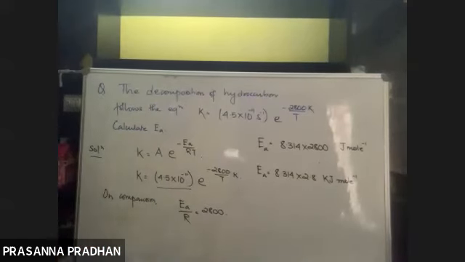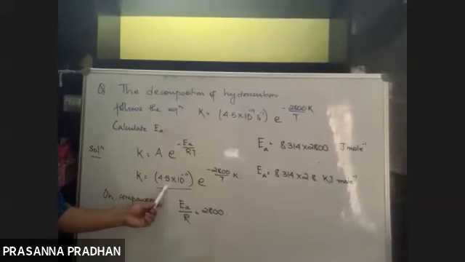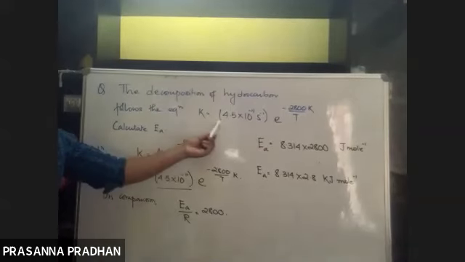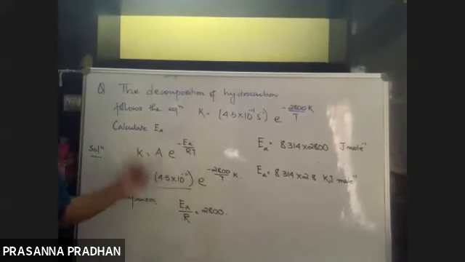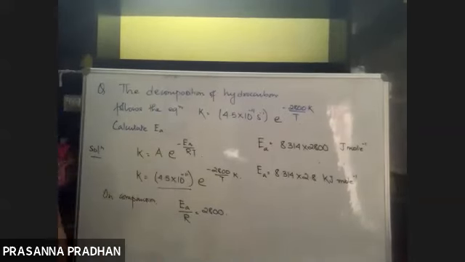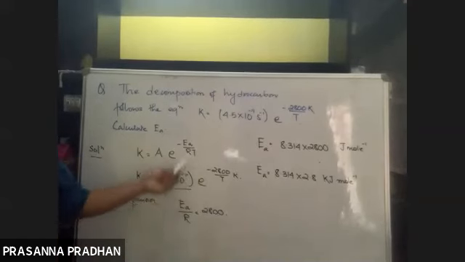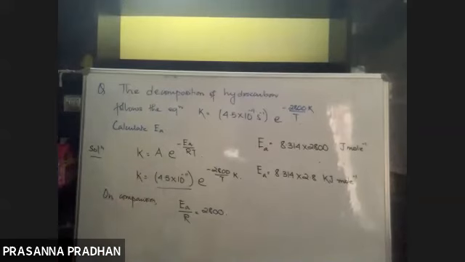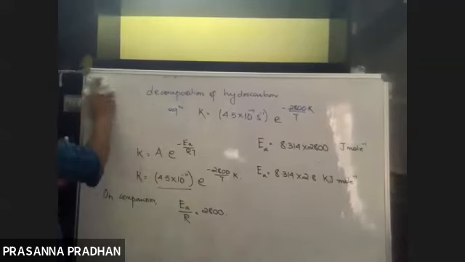These types of problems are very common. A form of Arrhenius equation will be given like this, and you have to identify which form it is expressed in. Here we see that this is expressed in the original form of Arrhenius equation. We just compared it and found that this 2800 is equal to EA by R. So this is one form of your numericals. Now, without wasting much time, let us quickly move towards the next problem.